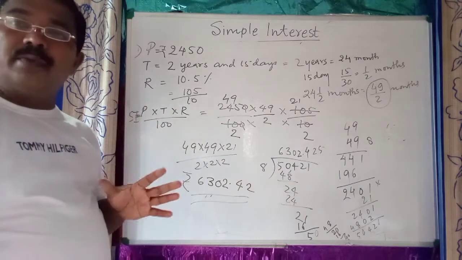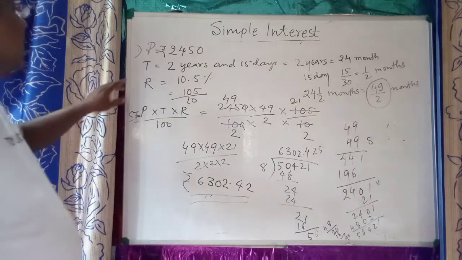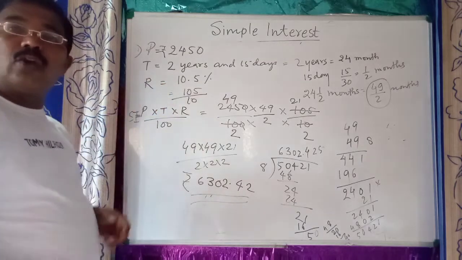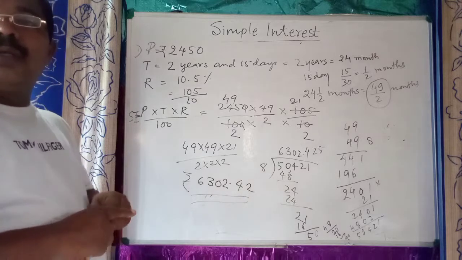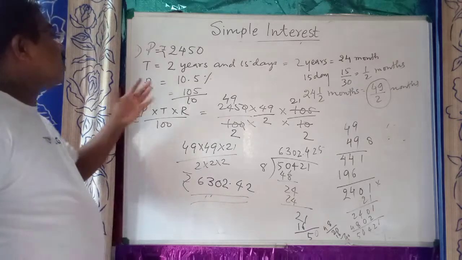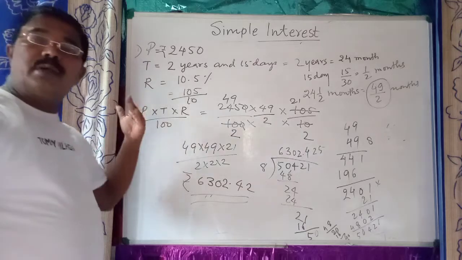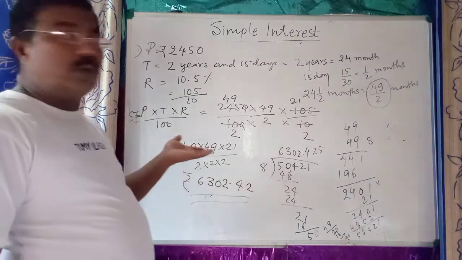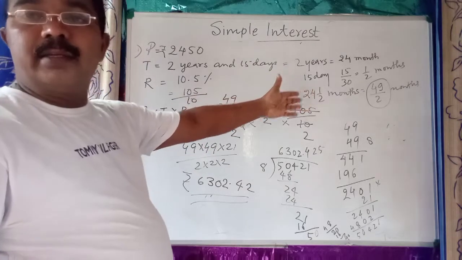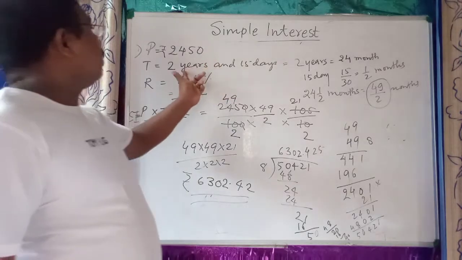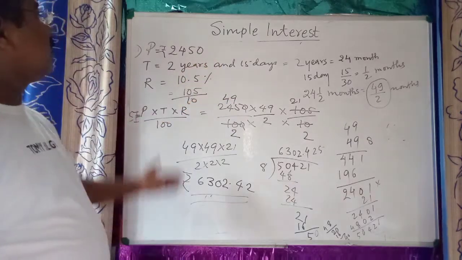What we have to do, I will explain again. If the time and rate are not a whole number, you can change them into months. When you change them into months, you have to divide it with 12. Means you have to write it in the form of a rational number. Means here you see 2 years and 15 days given as